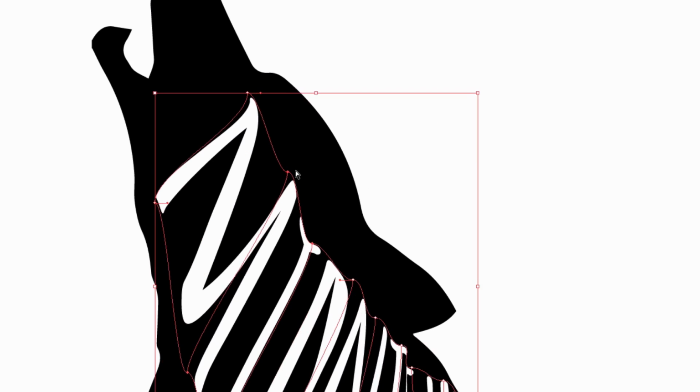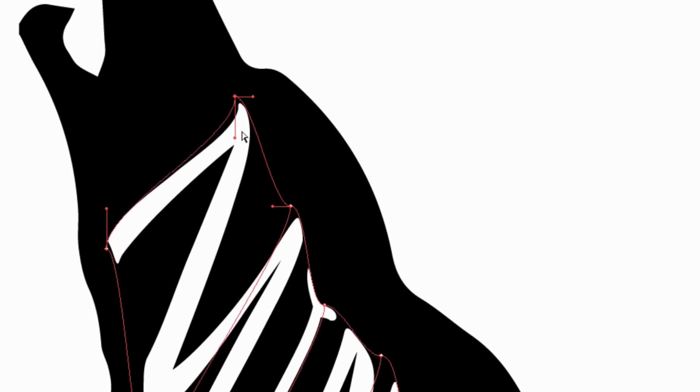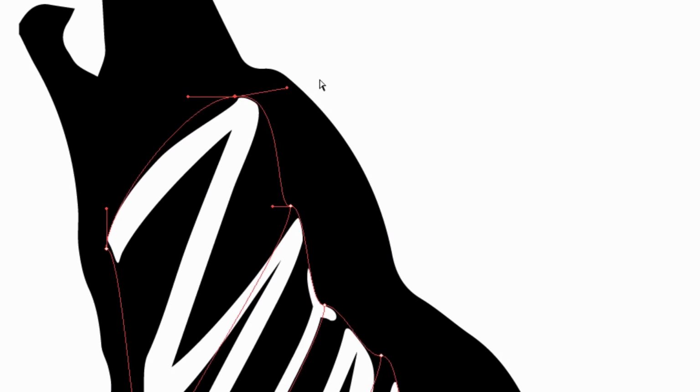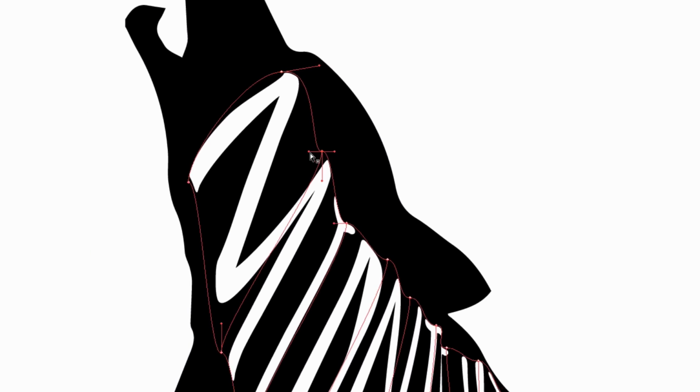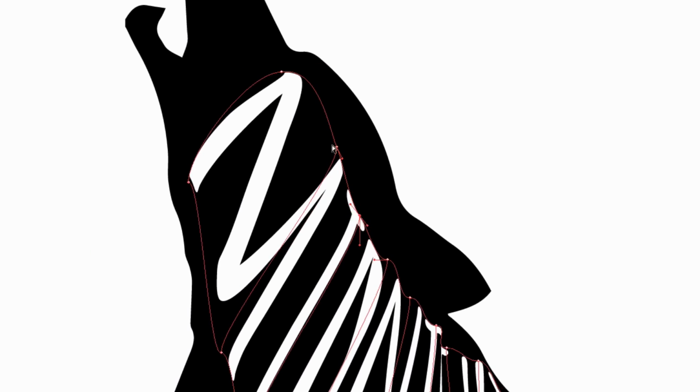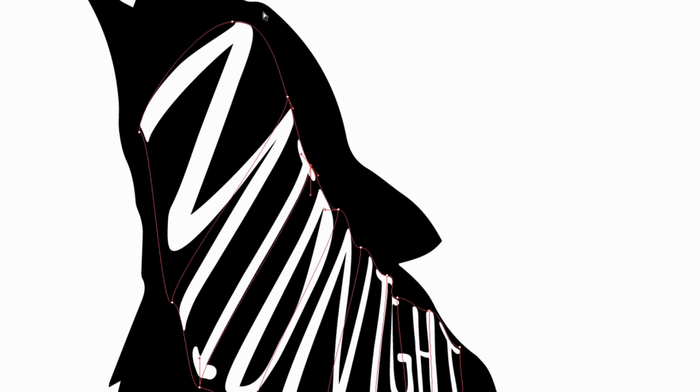And what I'm going to be doing here is, if you click with the direct selection tool on the anchor, you're going to have 2 little handles. The one on the left will change the left side. So you can see it's starting to take shape here. And then the right side, make sure you click on it or else it won't work. So select this side, and then it's gonna move the right side as well. So click this anchor here and move it to the left, and then I'll make this up a little bit, just like so. And I kind of want to keep this straight, going down, following the shape of the wolf's head. And that's what I'm trying to aim for.